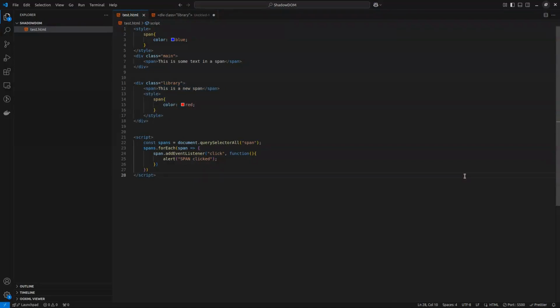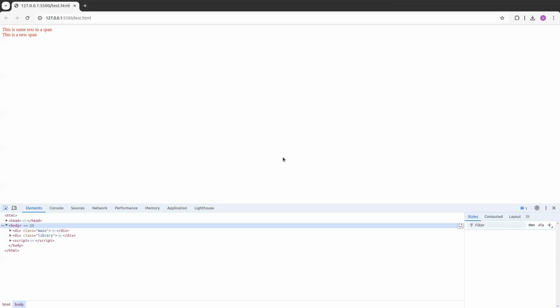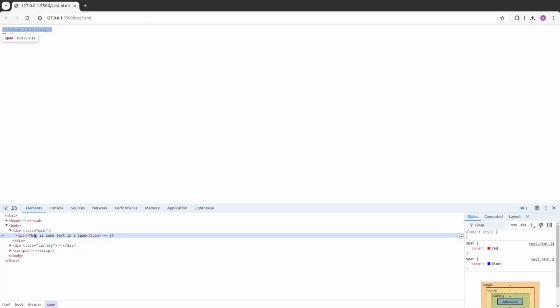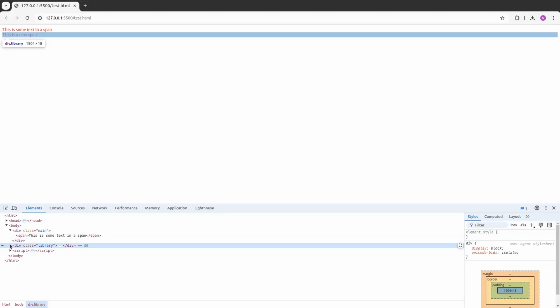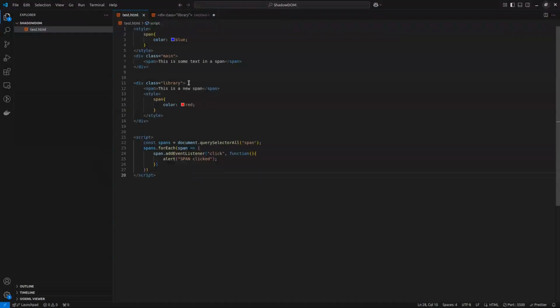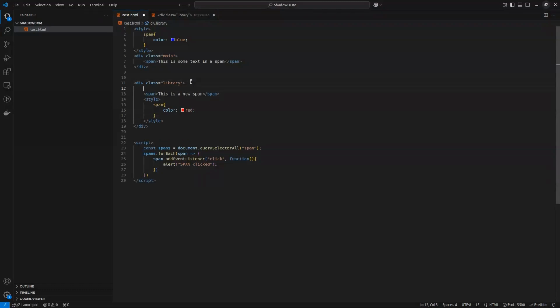Before creating the Shadow DOM, let's see the structure of our existing DOM. Here we can see we have a div with the main class, and under this div we have a span, and we have another div with the library class which we pasted, and under this we have a span. Now let's create a Shadow DOM. To create a Shadow DOM, we have to add a template tag here and wrap this in a template tag,